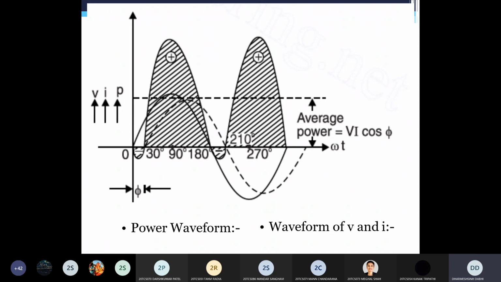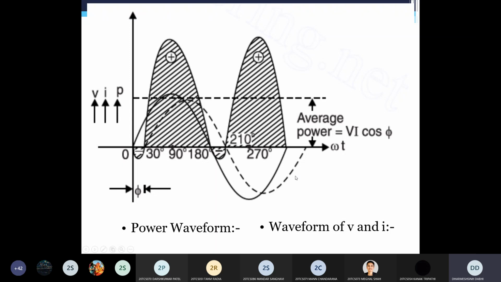At the 210 degree angle, because at every 180 degrees it changes the polarity. So here you can see that at 30 degrees it changed the polarity from negative to positive. Now after 180 degrees, it means 180 plus 30, 210 degrees, again it changed the polarity from positive to negative. So you can see that after 210 degrees current becomes negative, and that becomes 0 again for the next 180 degrees. It means 210 plus 180.